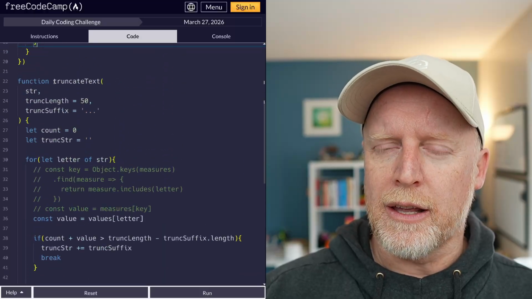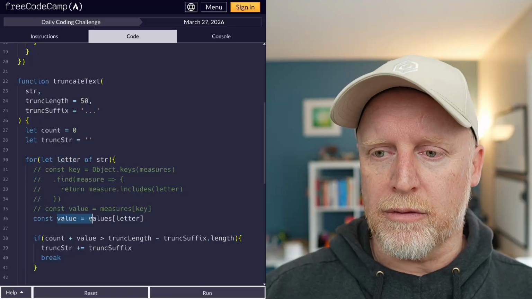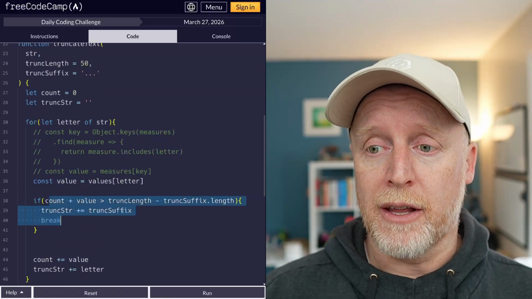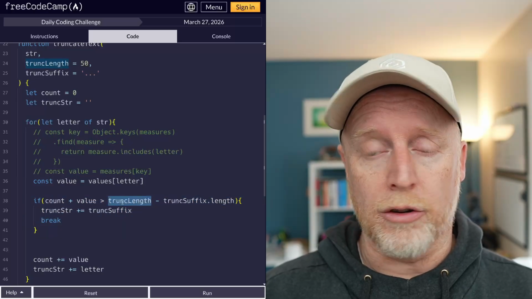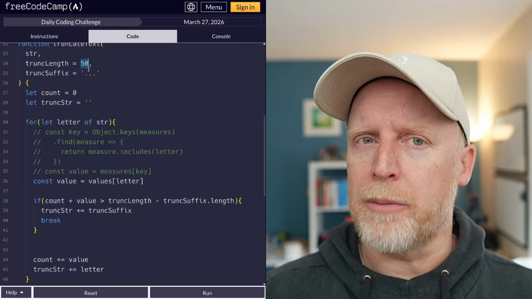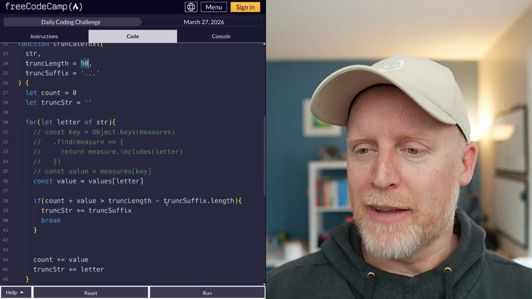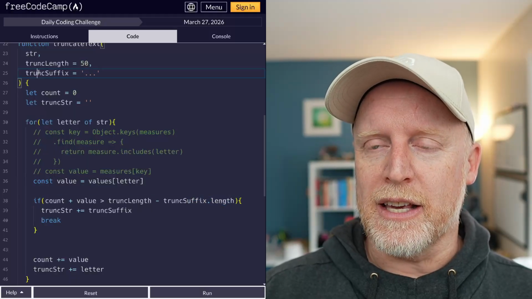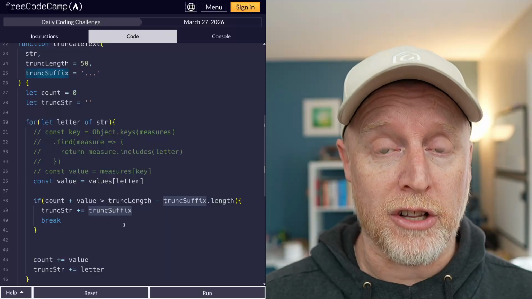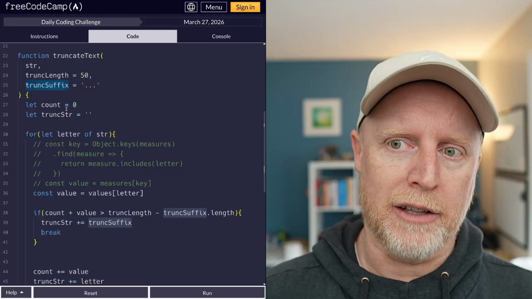So again, we took that string, we looped over it, we got the value, and then checked to see if we were at our truncating length yet, which we defaulted to 50, right? Again, if you try to make it work with 60, it's not going to, okay? It's just not going to. But we did that. We also made the suffix a thing, right? Where that works just magically. So absolutely no magic numbers inside of the function